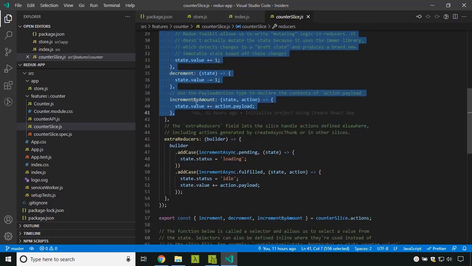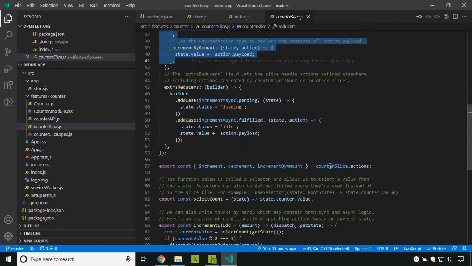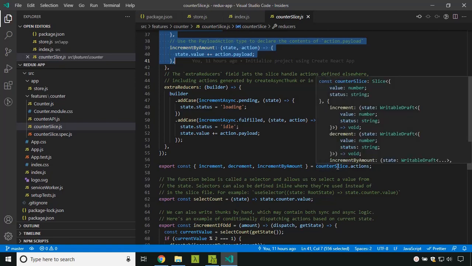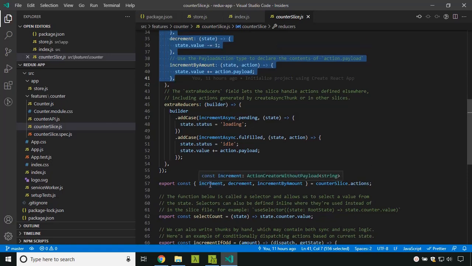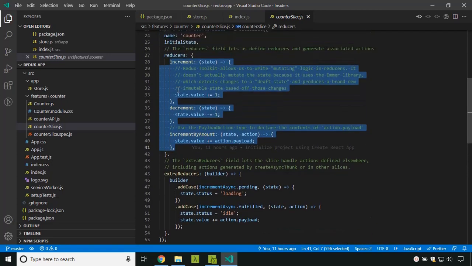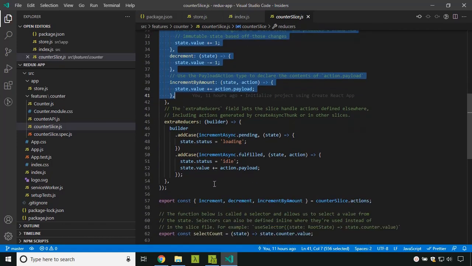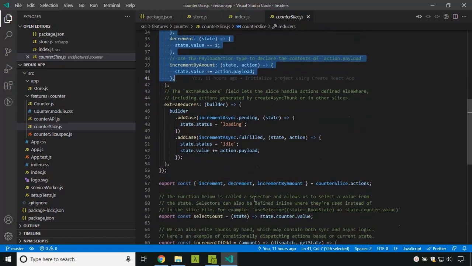If you come down, you can see that the counter slice object which is created contains a key called actions, which will have the corresponding named actions. Whatever name we gave for the reducer, the same name will be used for the actions.